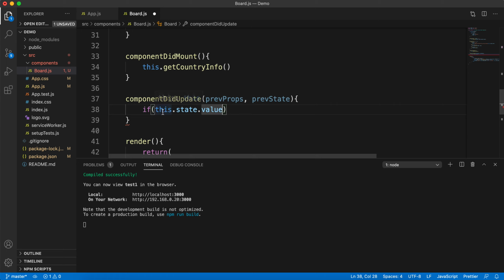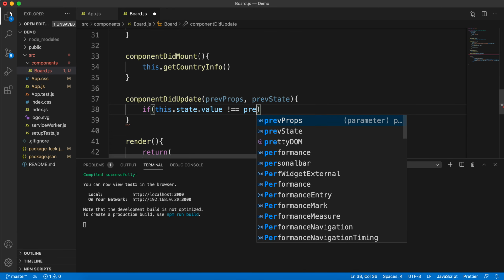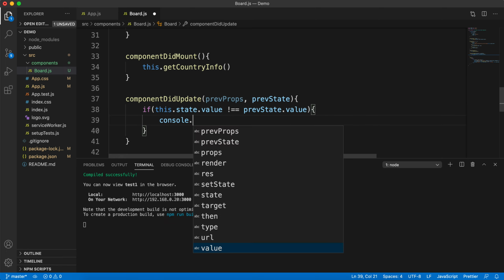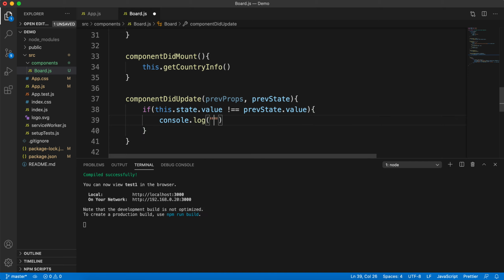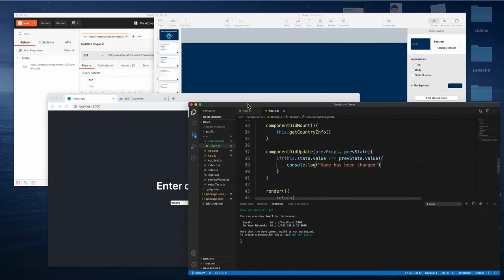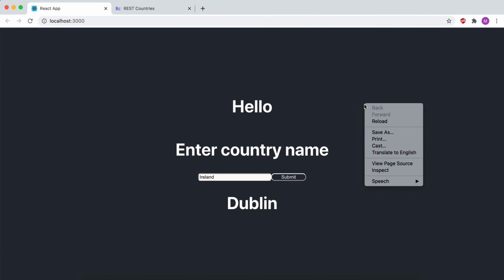So we're going to say if current state is different than previous state, so previousState.value, we're just going to print console log, name has been changed. All right, let's save that and see it in action. All right, if we go ahead and open up our